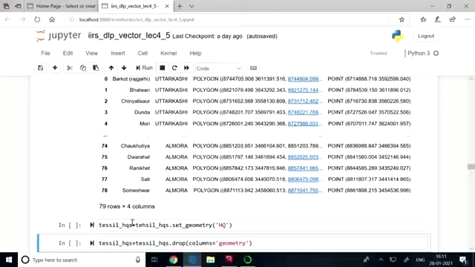So Tehsil headquarters, we are modifying this, Tehsil headquarters dot set geometry. Now whichever column you want to set as the geometry of your geodata frame, only that column will be used for any kind of geospatial analysis on that geodata frame. Though we have two columns that contain geometry, finally only one column should be the geometry, so we are setting set geometry to HQ. So if I run this,